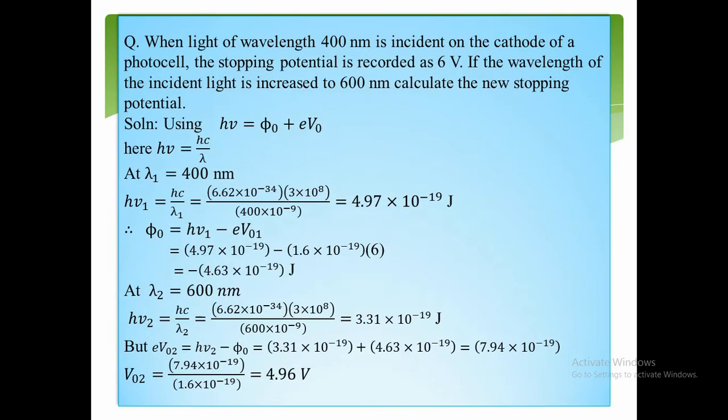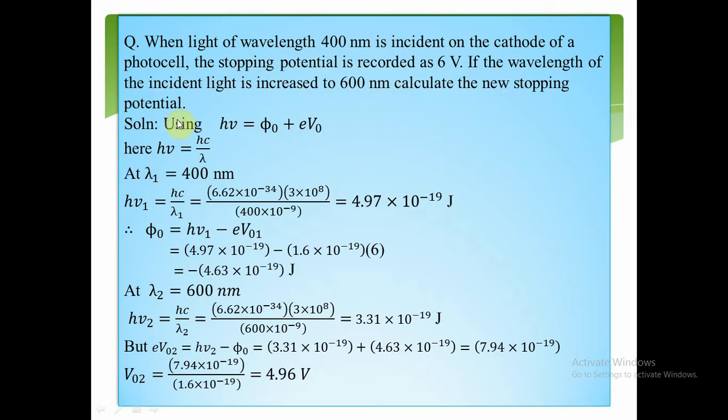Today we are going to solve some numericals on the basis of photoelectric equation. Look at the first one. When a light of wavelength 400 nanometer is incident on the cathode of a photocell, the stopping potential is recorded as 6 volt. If the wavelength of the incident light is increased to 600 nanometer, calculate the new stopping